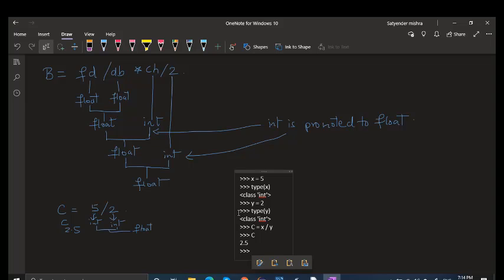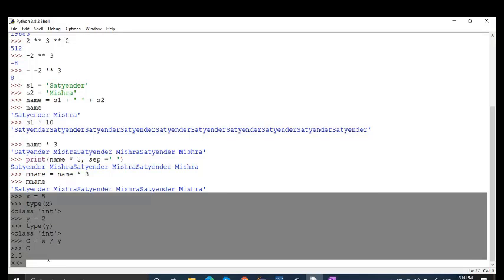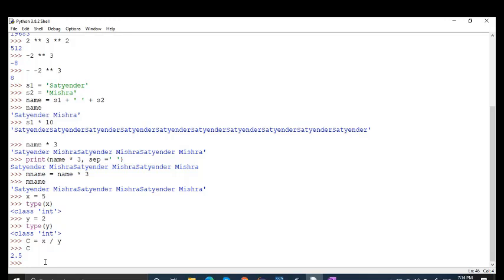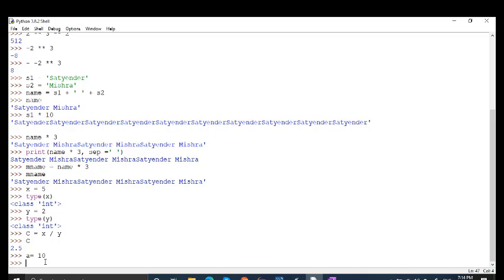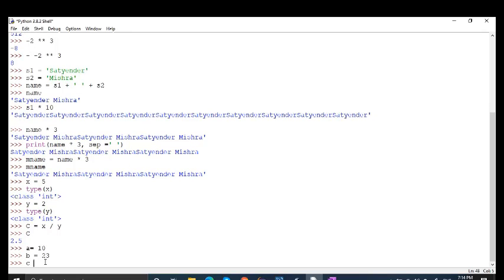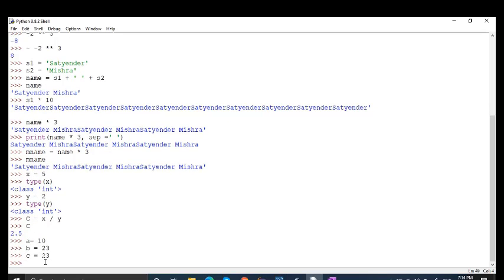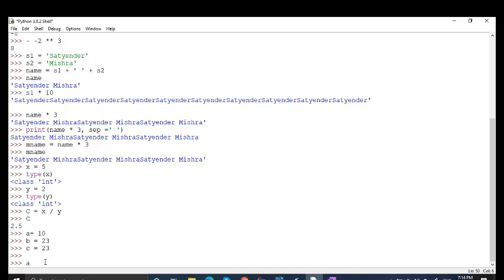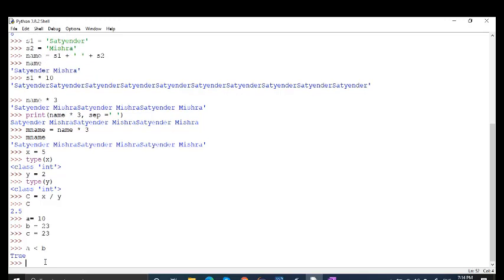So we have seen the evaluation of relational expressions, right? If we write a relational expression in Python, say for example we have variables a equal to 10, b is equal to 23, and c is equal to 23. If I write a is less than b, it will generate true. So this is called a relational expression.